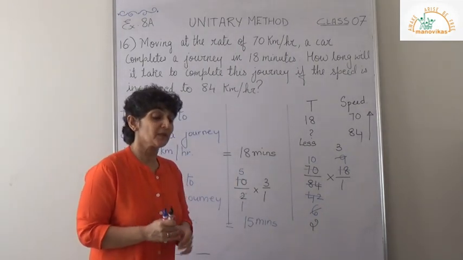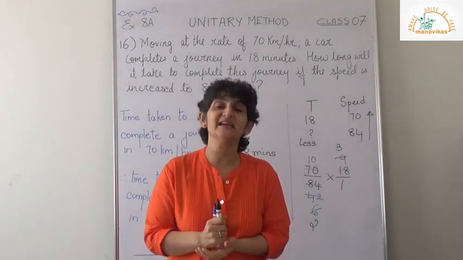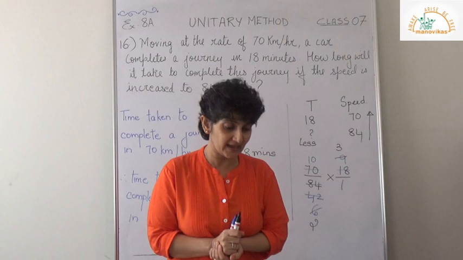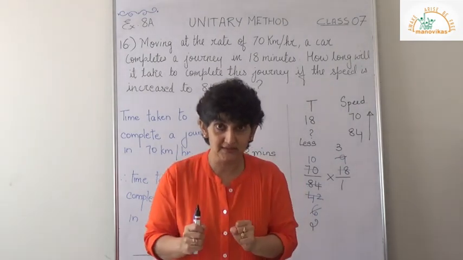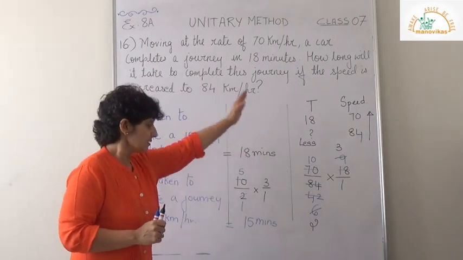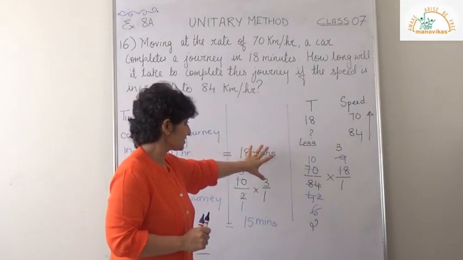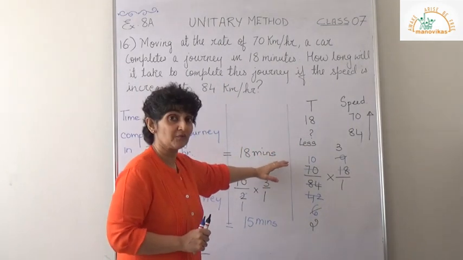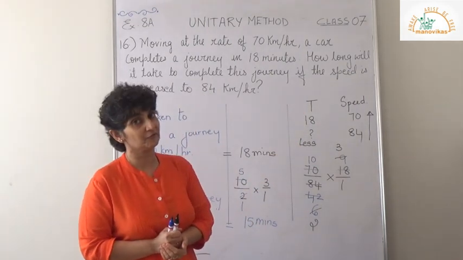Have you understood? Alright, children. With this, I complete exercise 8A. You have 16 questions in total. Please complete them. Please use a ruler to draw lines. This is for your statements. This is to write the units, whatever quantity that is given. And please work out in the rough column.